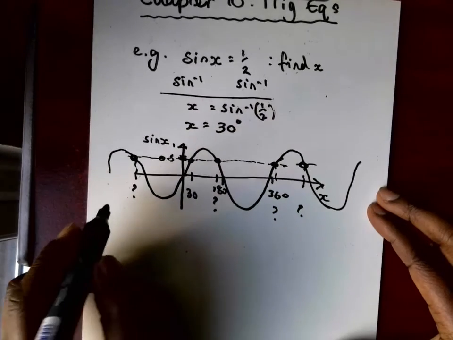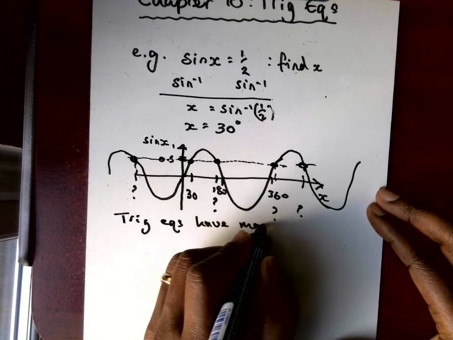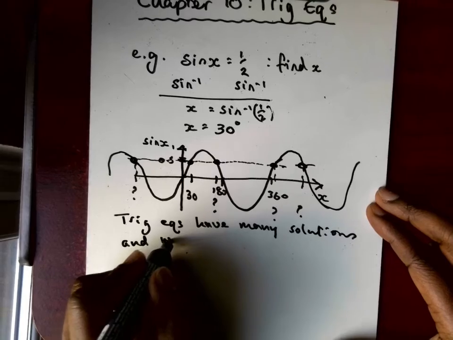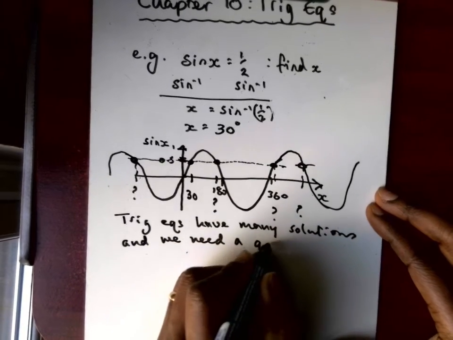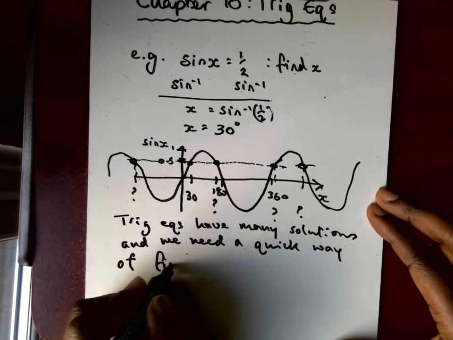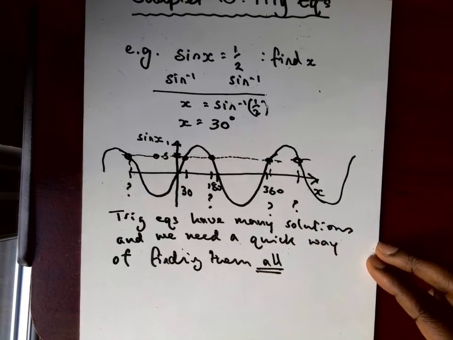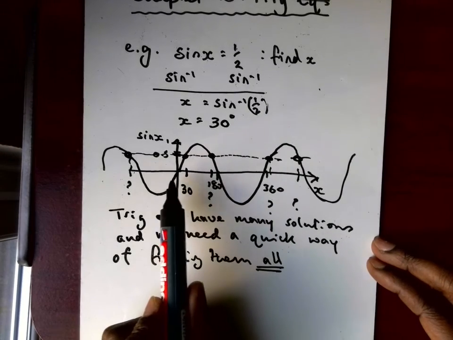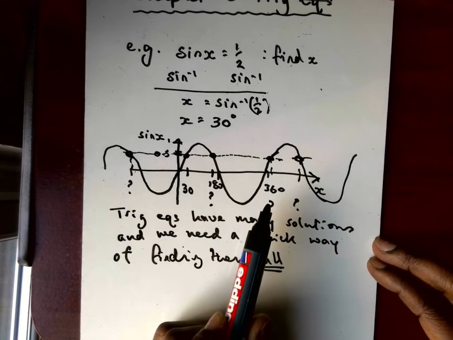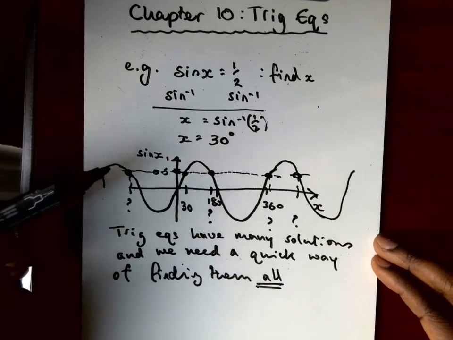So the first thing is that trig equations have many solutions, and we need a quick way of finding them all, or at least finding some of them. You know, what are the answers, what are the angles between 0 and 360 degrees, for example, or between minus 180 and plus 180. And the videos after this are going to show you how we can quickly find these